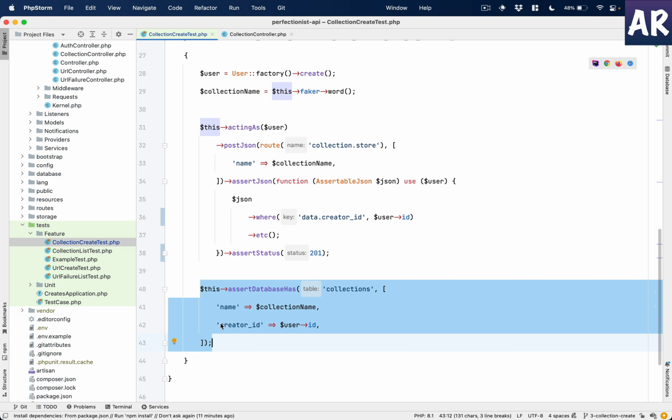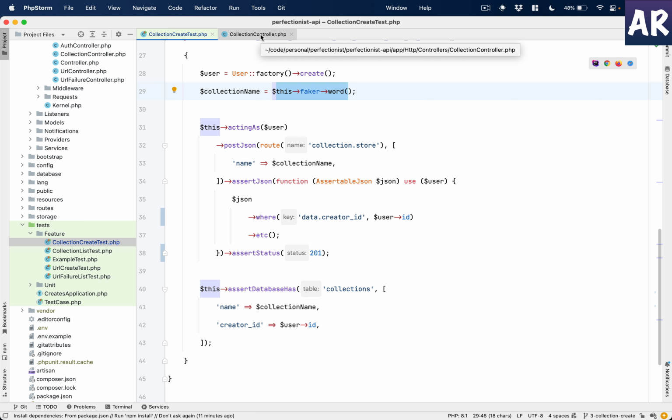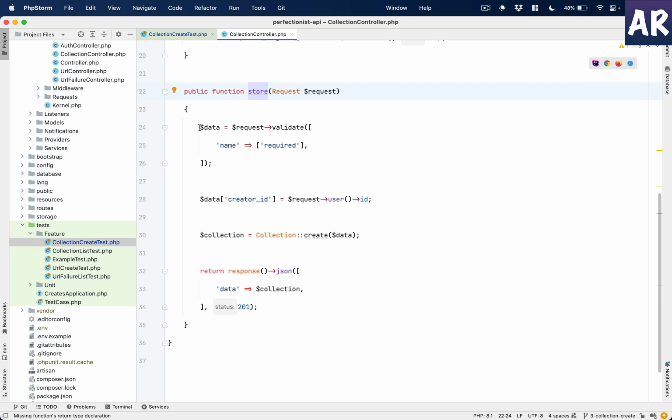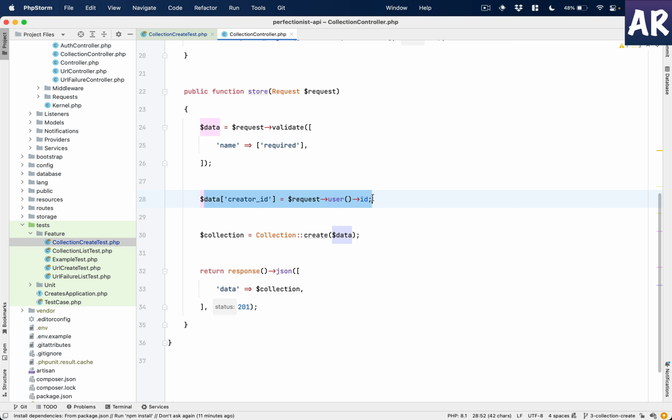So again, the name. There are 2 places we would need the name, right? So we created a variable, because faker will every time create a new word. It's a method, so you can't call that same thing again. You'll have to store it somewhere. So I have that assertion over here. Pretty straightforward, right? We have an API which is calling this store function. The store function first validates this, adds the current authenticated user as the creator ID, creates the collection, and returns the response. I can also add